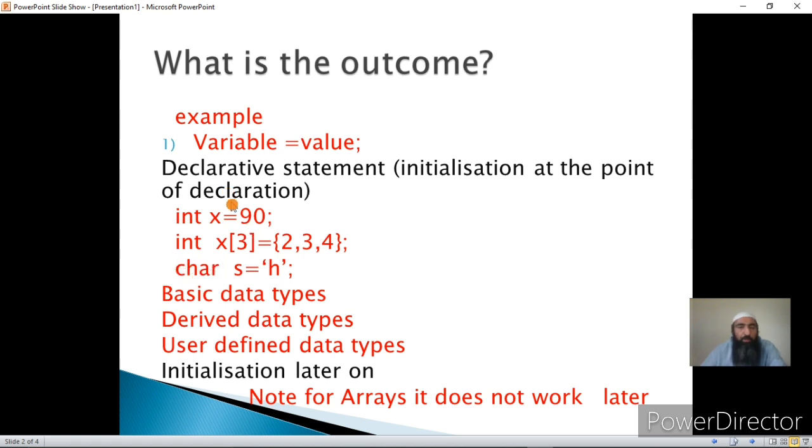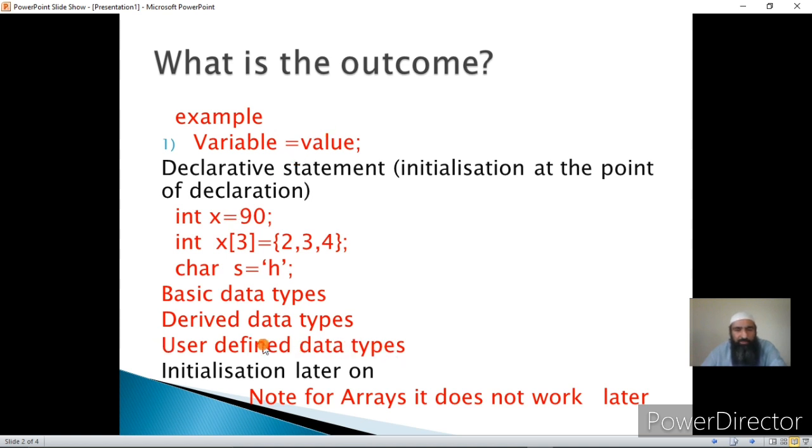Now we can do this type of initialization for all basic data types, that is characters, integers, floats and doubles. That is this syntax, variable equal to value. Or we can do it for derived data types, that is arrays. Again, I have given an example of arrays, but this does not work for arrays later on. And then we can also do this type of assignment for user defined data types.